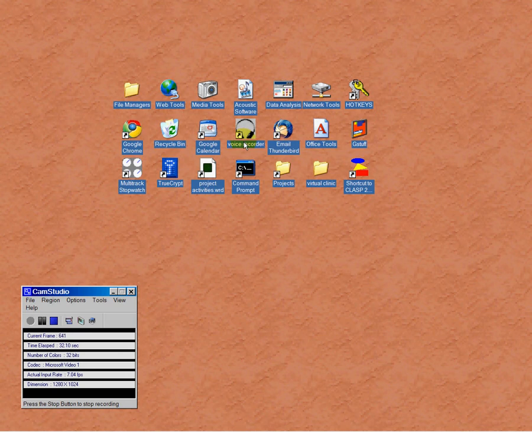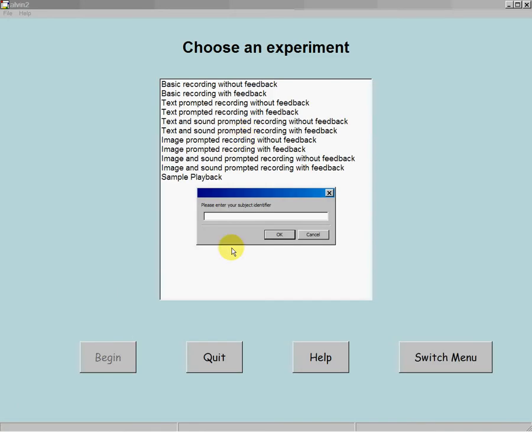It may vary a little bit in the name of it, but on my laptop it is called the voice recorder, which will often be the computer you'll be using. Just double click on that and you will be prompted to enter your subject identifier. Well, this is the client identification information. In our clinic we are using the file number to identify the client, and in some cases you may not